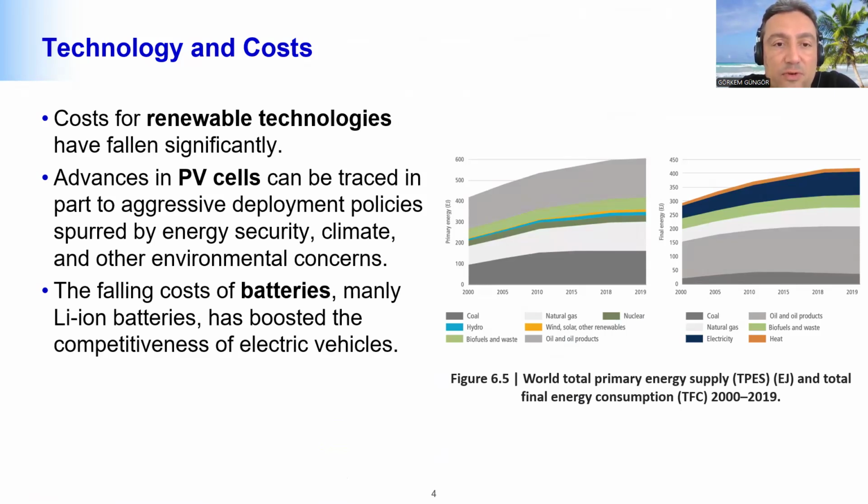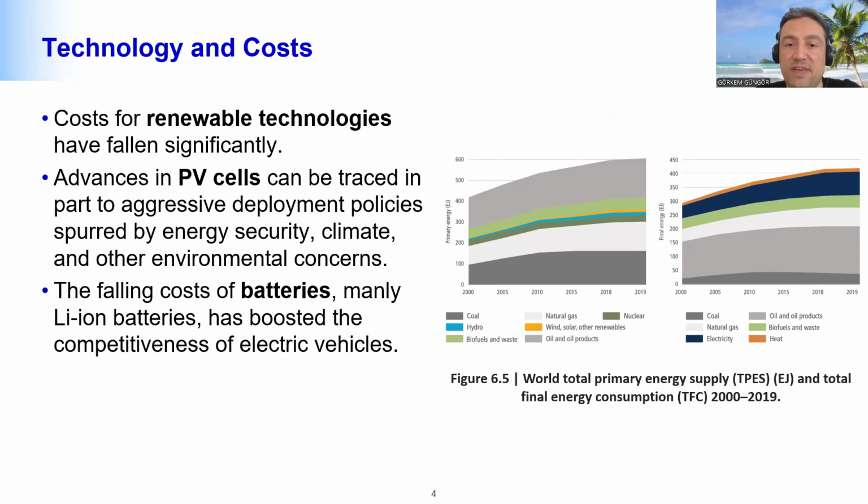The advance in photovoltaic cells can be traced in part to aggressive deployment policies such as the feed-in tariffs, the tenders, the capacity support mechanisms. But there are some concerns regarding energy security, climate, and other environmental concerns, such as the life cycle impact of photovoltaic cells. There is also increasing electric mobility with the falling cost of lithium-ion batteries, and this has boosted